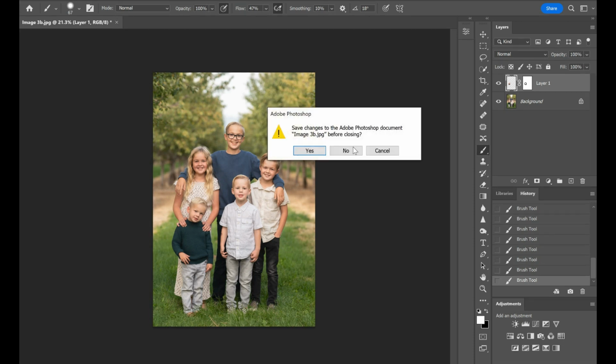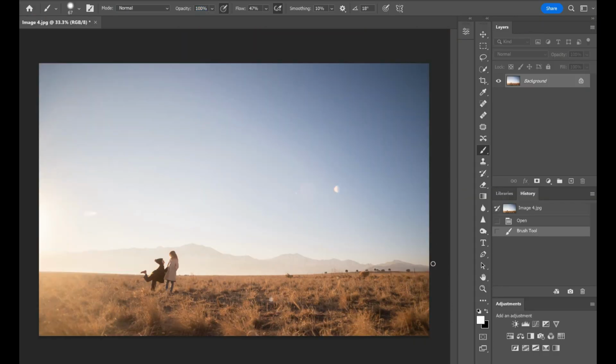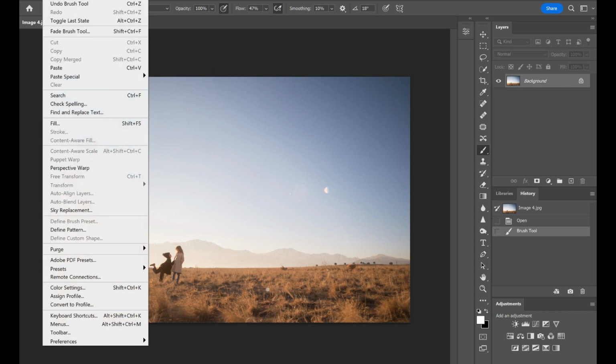So image number 4, we're going to use this one, and we're going to change the sky. There's a very simple way to do this. Photoshop has recently allowed for it. I'm clicking up here on Edit. I actually think it's just off your screen, but I'm clicking the Edit drop-down menu, and I'm choosing